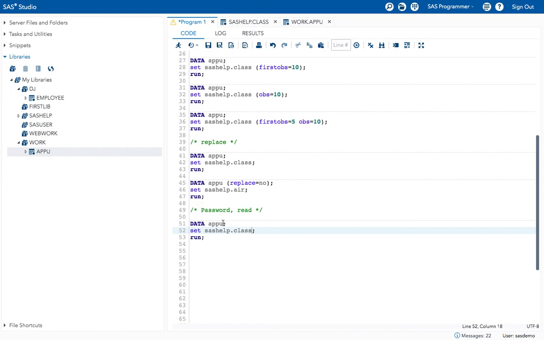Here I will give password, or you can give it as pw, anything is fine. Okay, I will give it as Ravi. Now I'm running this program.